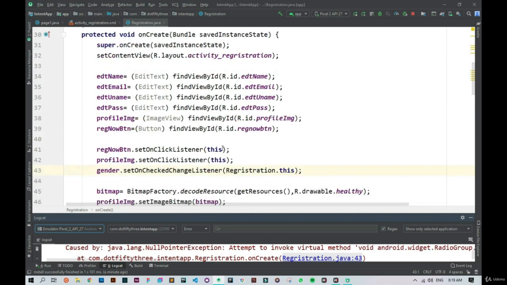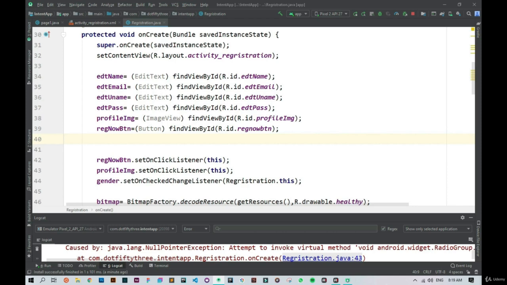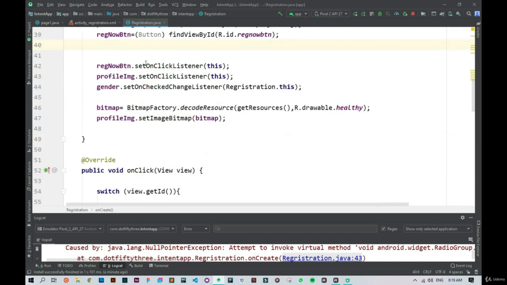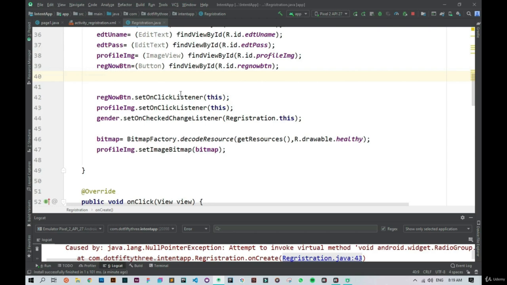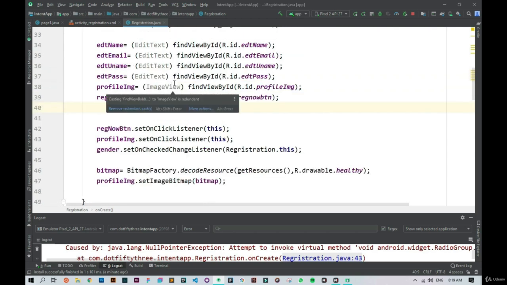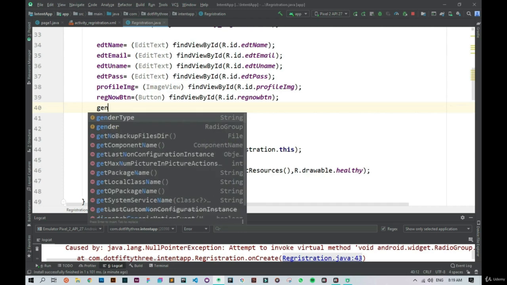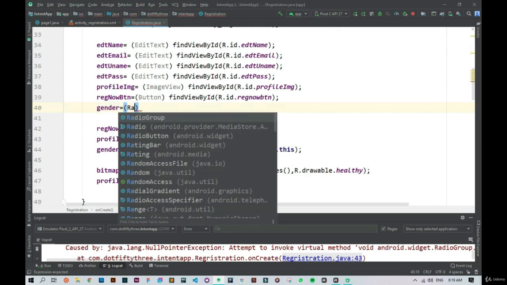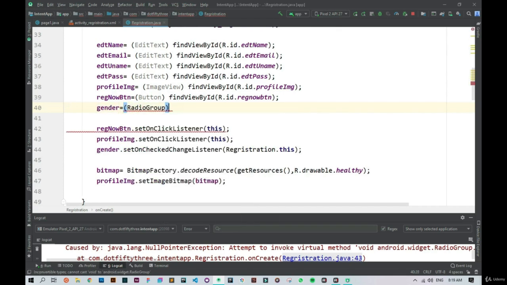Oh, so the problem here is we have not initialized the radio group object here, and we are directly assigning it to this activity. So first of all we need to initialize that object. So I will say gender to be of radio group type, and I will say find view by id